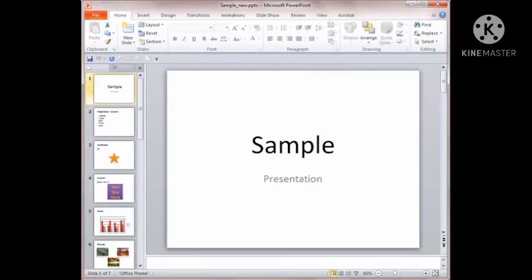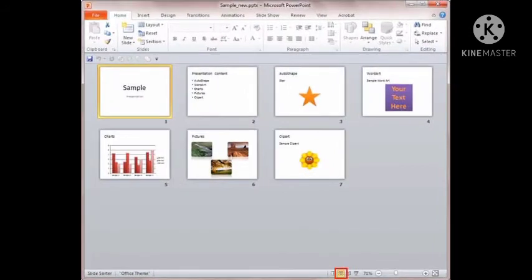In normal view, the complete page of the presentation called a slide is displayed. Normal view consists of 3 panes. The left pane displays either thumbnail images of your slides or a slideshow outline, depending on which tab is selected, slides or outline. In slide sorter view, all the slides are displayed on the screen at the same time in a miniature form. The slide sorter view can be selected by clicking on the slide sorter button of the presentation view group of the view tab.